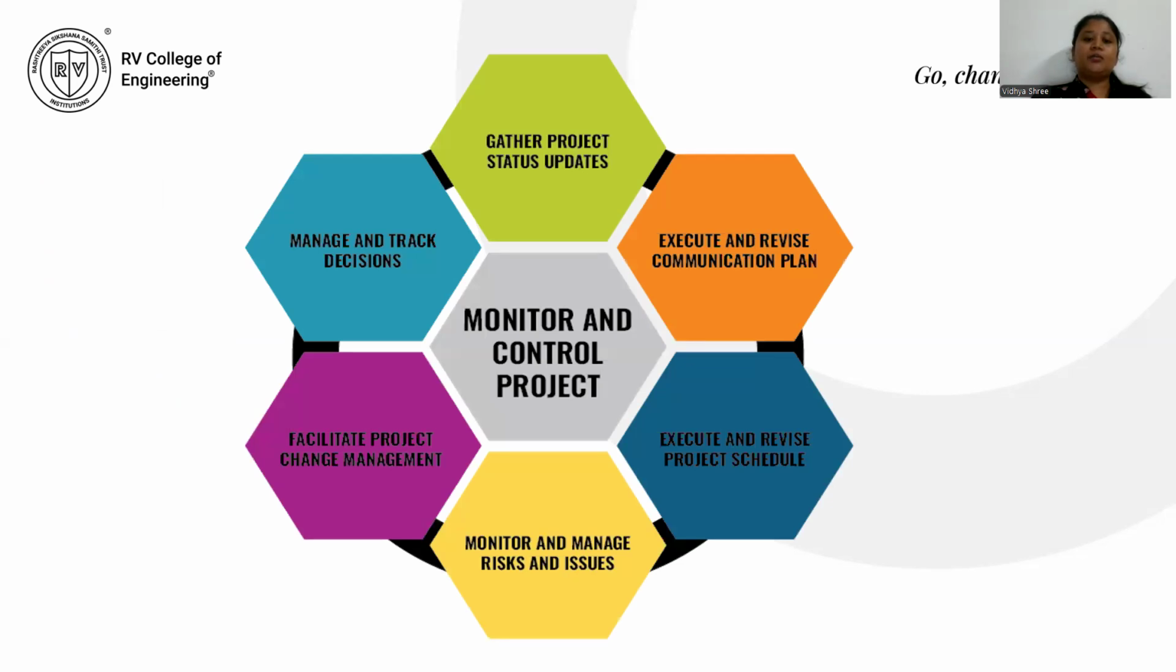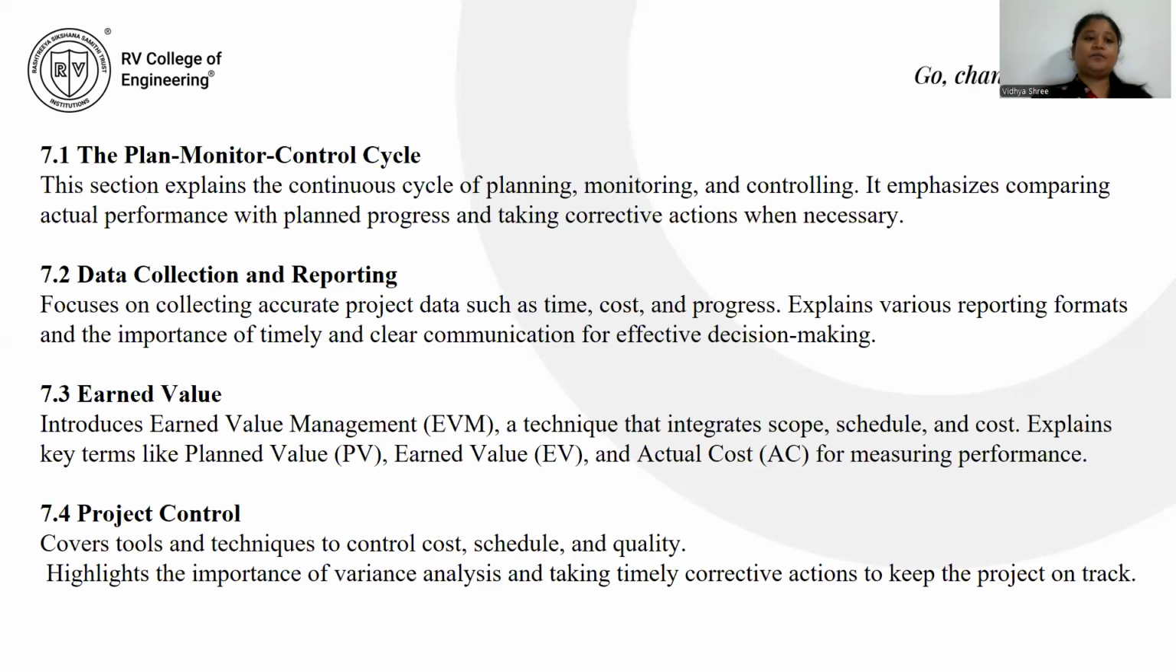For monitoring and control, a project has many steps: gathering project status updates, executing and revising the communication plan, executing and revising the project schedule, monitoring and managing risks and issues, facilitating project change management, and managing and tracking decisions. The plan-monitor-control cycle explains a continuous cycle of planning, monitoring and controlling, where